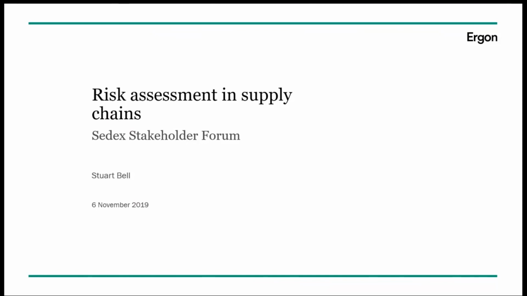There's loads of stuff happening out there all the time. What is the most important? What information do you rely on? So I think it's quite easy to get a bit overwhelmed at the start of a risk assessment process. But the important thing to remember is it is a process.